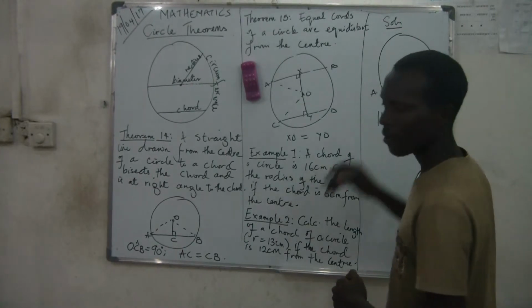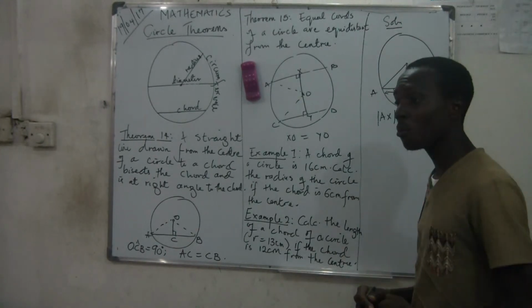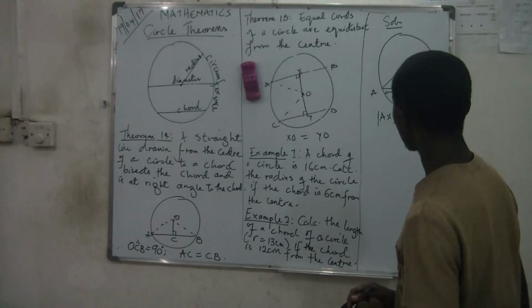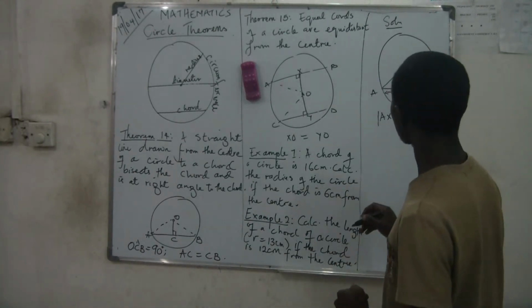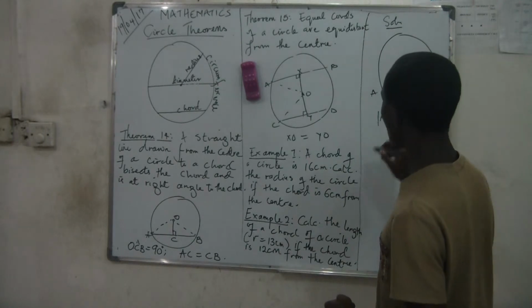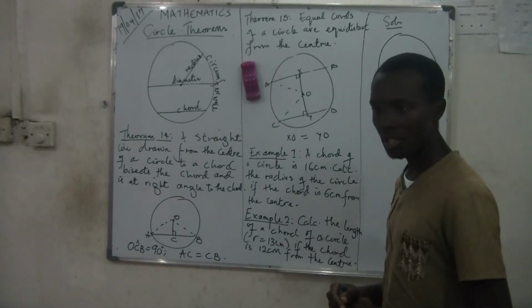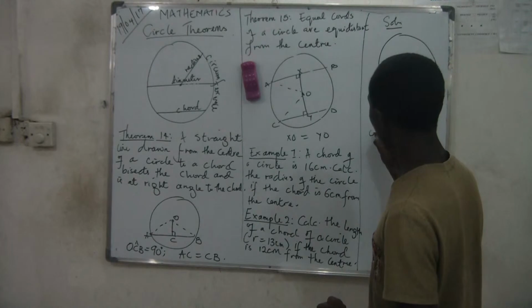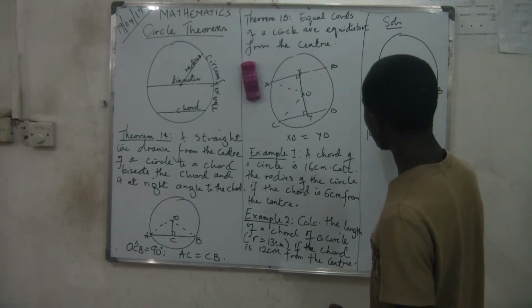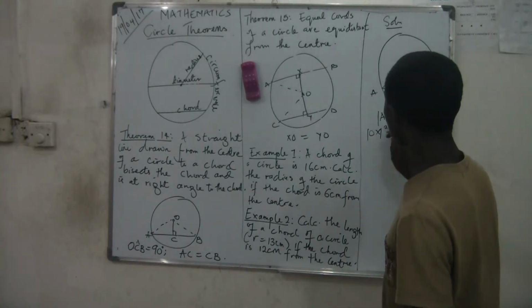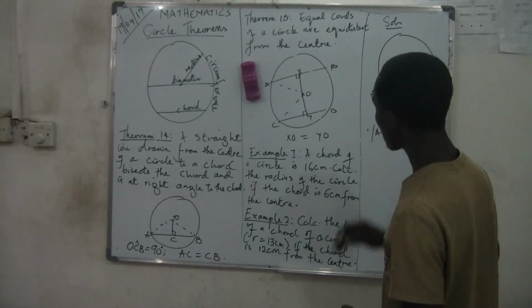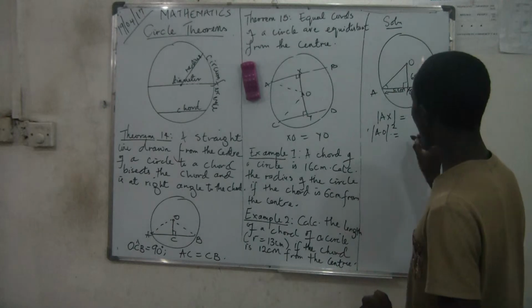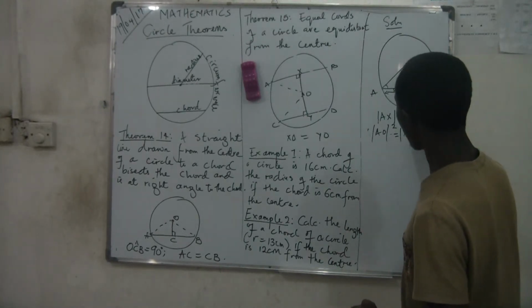So this must be 8 centimeters. So if this is 8 centimeters, from our Pythagoras theorem, and this is the center of the circle O, we can say that the square of the hypotenuse, AO squared, is equal to the square of the opposite, XO squared, plus